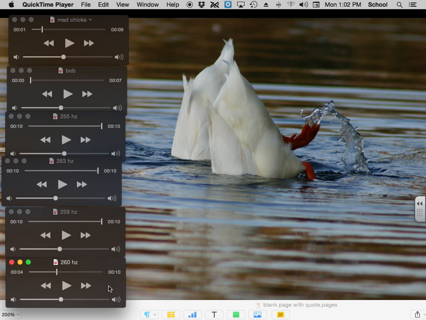Okay, so this one is about 260. So what should we hear? We should hear none if this is perfect at 260. But this isn't perfect at 260, so I want you to try and figure out, you're going to hear a very slow cycle. Try to figure out about how long it takes to go through one.